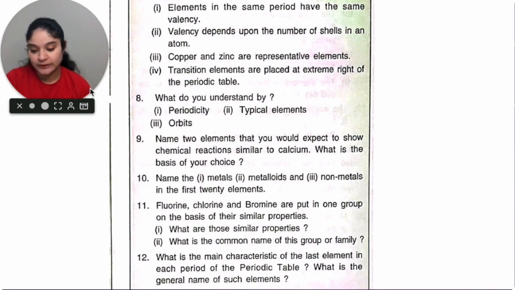Fluorine, chlorine and bromine are put in one group on the basis of their similar properties. What are those similar properties? So the properties because of which we have put them together is they are non-metals. They all have 7 electrons in the valence shell, and they have high ionization energy, high electronegativity. So all of these we still have to learn in the next session. So for now you can understand that they are put together because